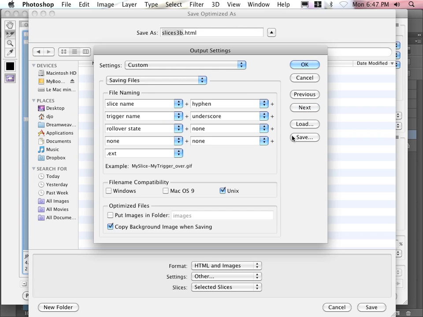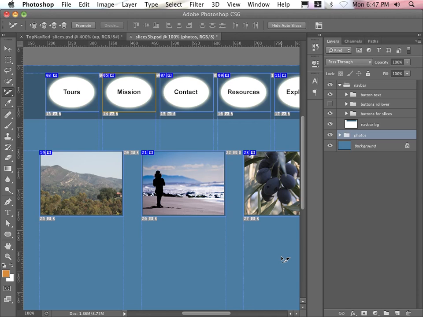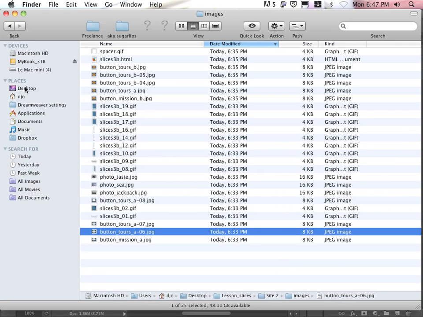So I'm cycling through here, and it's currently turned off under Optimized Files. So I'll turn that on, put images in folder called Images, then click OK, and make sure under Slices that I'm saying All Slices. Then I hit Save, and it's generating an HTML page as well as a folder with the slices. And just to confirm that, I'll go out to my Finder,